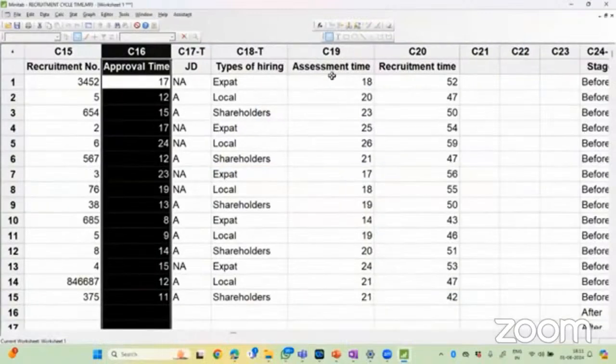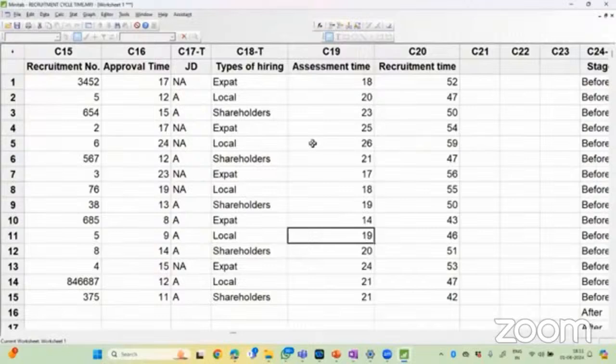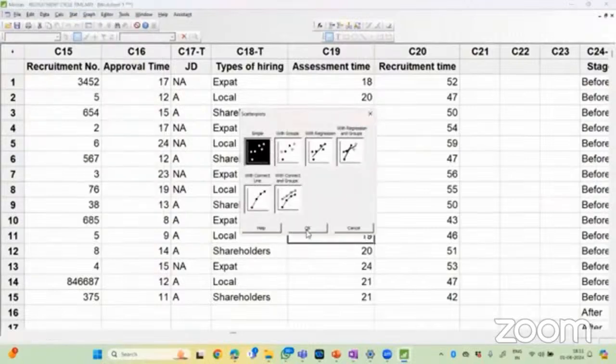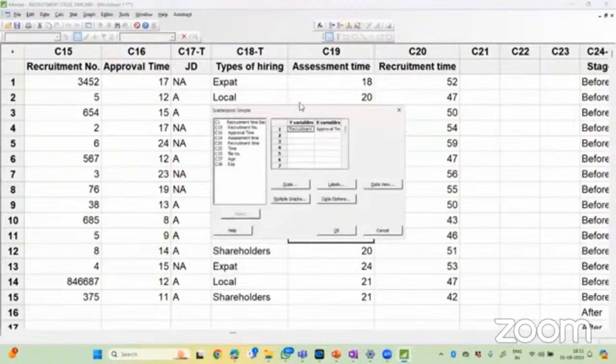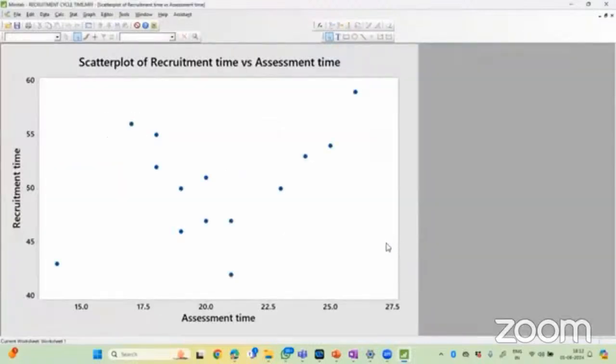Now let us look at assessment time. Assessment means time taken to assess the candidate. Is it affecting my recruitment time? Okay, let us see. I will just take assessment time. Well, there is no relation, all scattered here and there. There's no relation. So if I work on assessment time, it is not going to really impact my recruitment time,